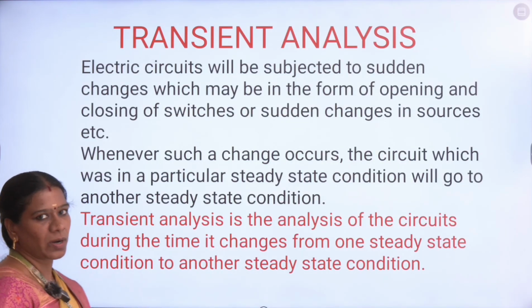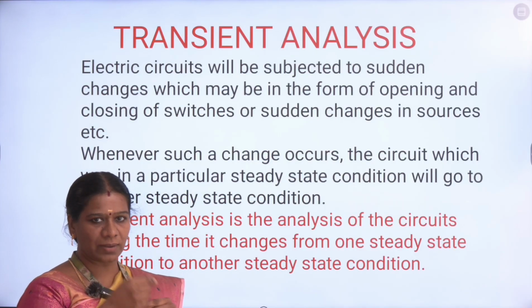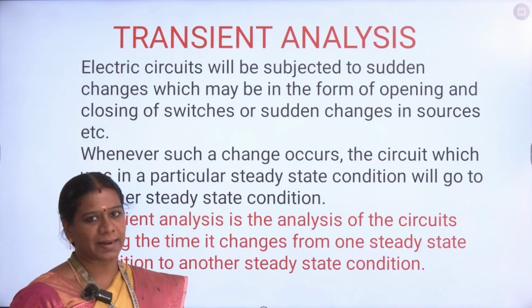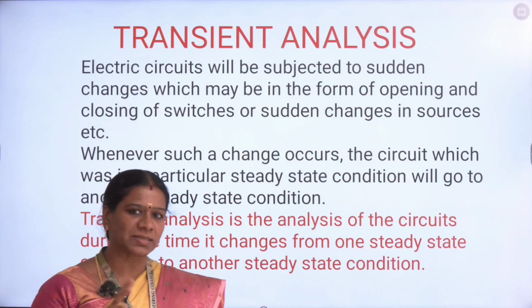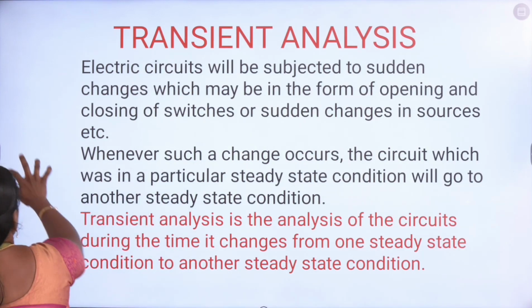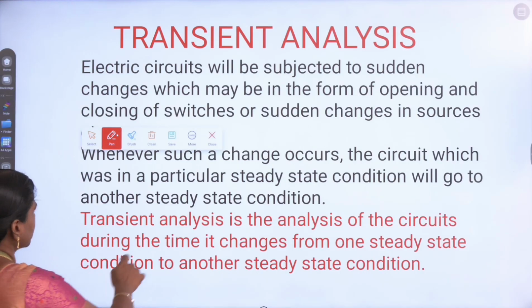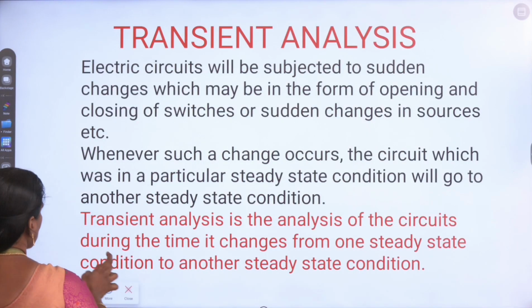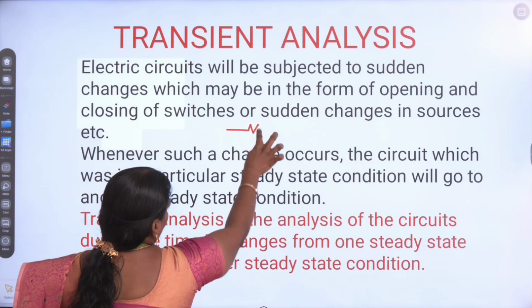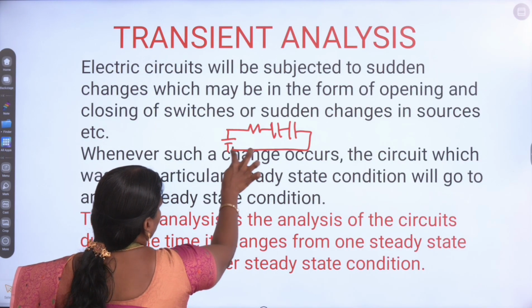So in transient analysis, what is meant by transient? Transient means something short-lived, which lives only for a shorter duration. In electrical circuits, when an input is given to the R, L, C components connected together, for example, suppose we have an R, L, C circuit and some voltage is given to the circuit,